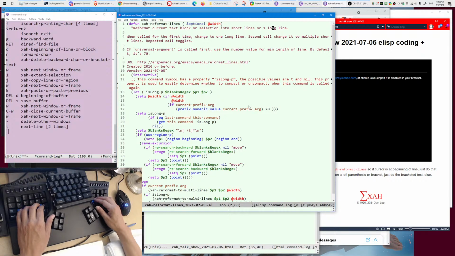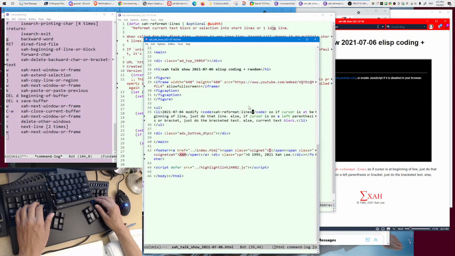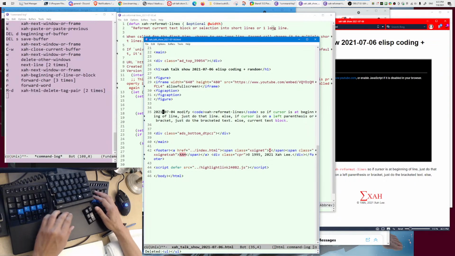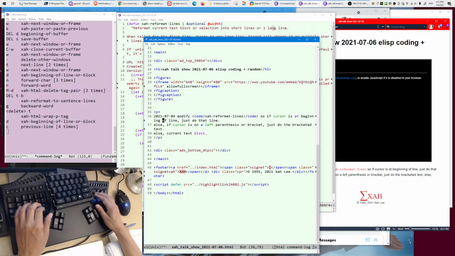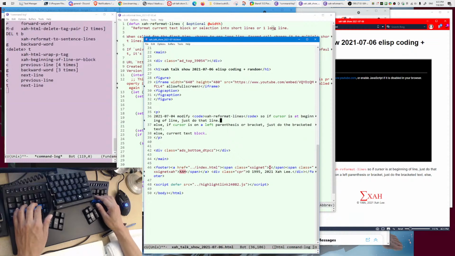Let's see. So what is it I'm going to modify? Okay, so let's see. Modify the command. So if cursor is the beginning of, if cursor is on the left parenthesis or bracket, just do bracket text. Okay. So for example, I'm